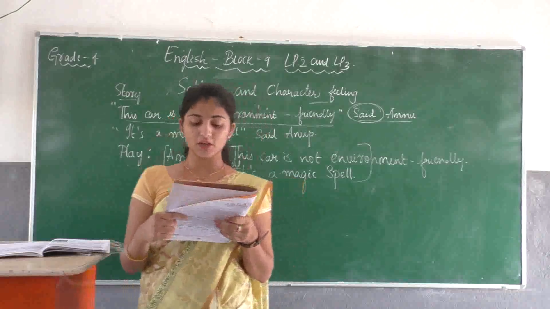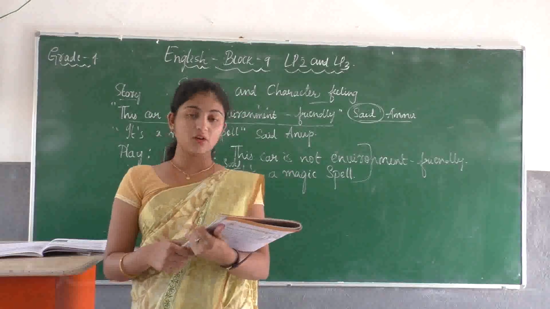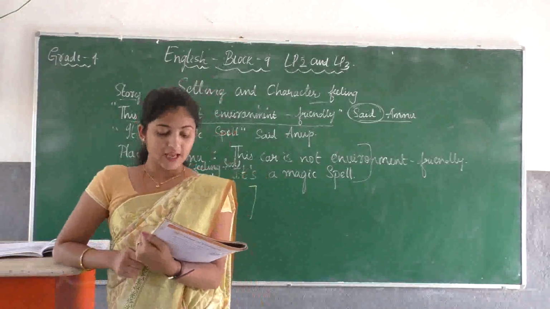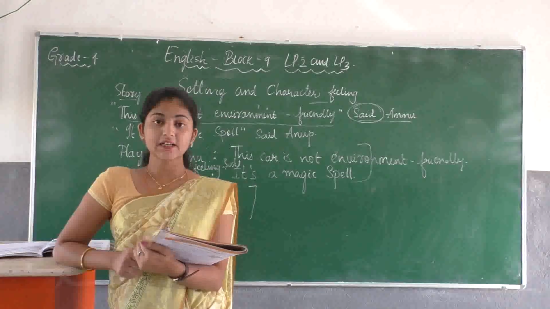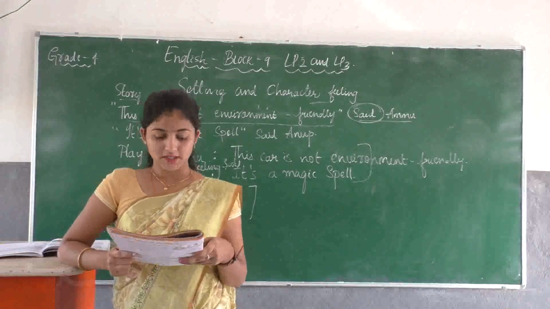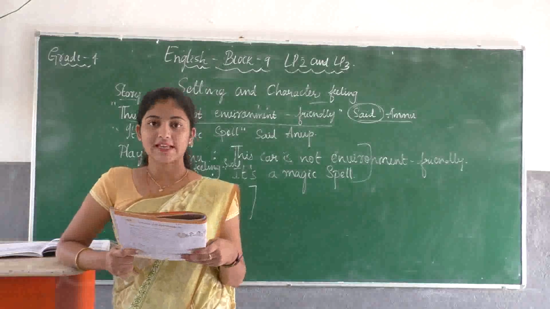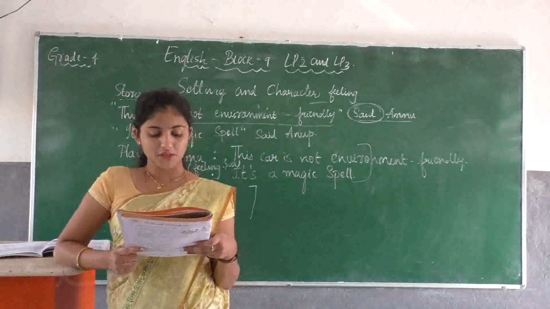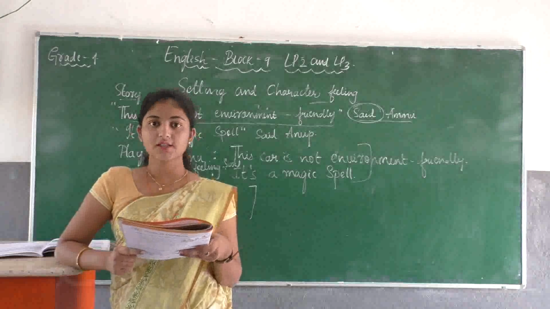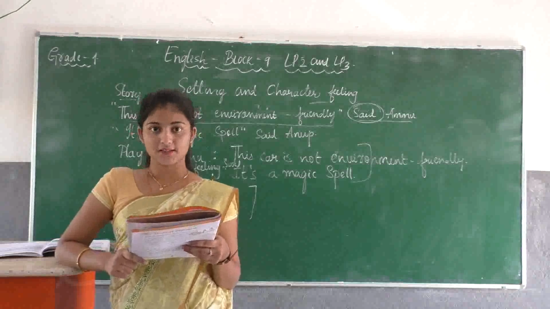Describe the setting of the story in your own words. They have given a story here, so you should describe it in your own way. So how to describe? The story happens in a jungle. There are many monkeys and it is a hot day. They are sitting under a banana tree. So this is how you can describe. Then third question is, describe how each monkey speaks and acts below. I am giving you two examples and the remaining two you have to do. First one is chief: gives advice and tells others what to do. Then second one is chief's wife: speaks calmly and divides bananas among monkeys. Okay, read the